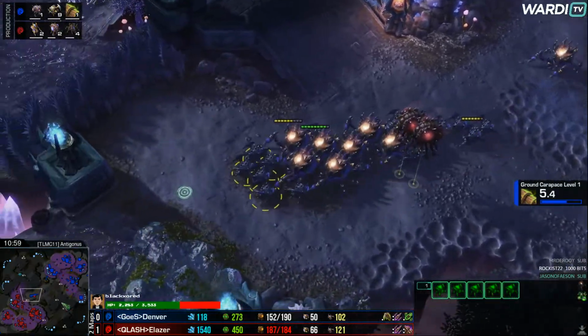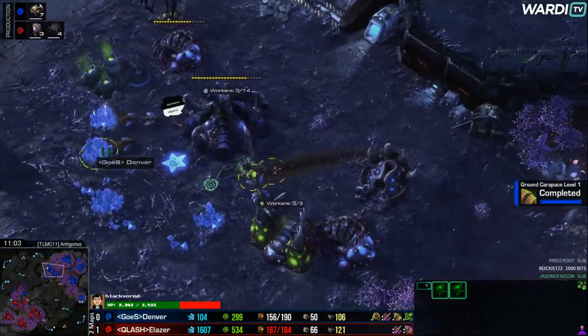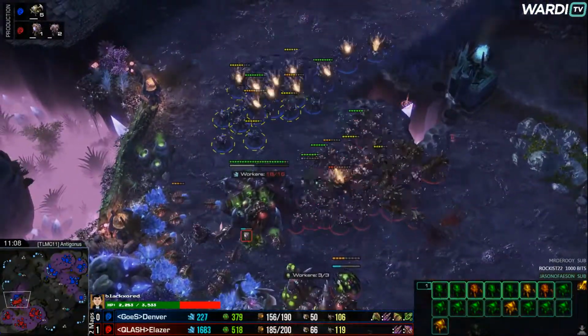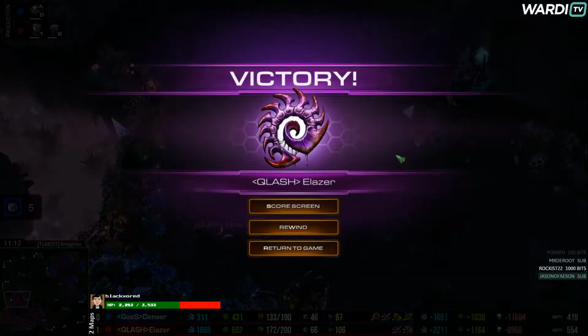A couple of Overlords still just moving around. Roaches all over the place. And again, these units coming around the left side. Lurker's ready though from Elazer. Didn't talk much about the Lurker then coming up, but obviously it's kind of a game ender when it comes